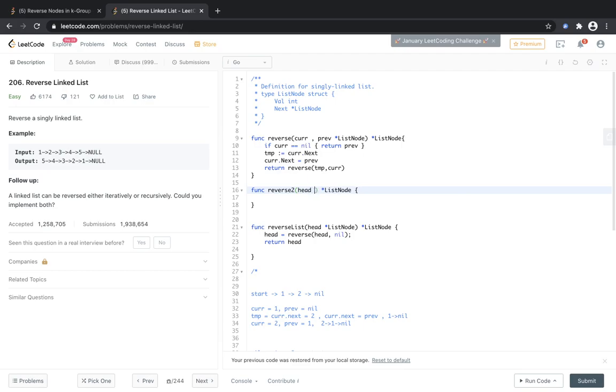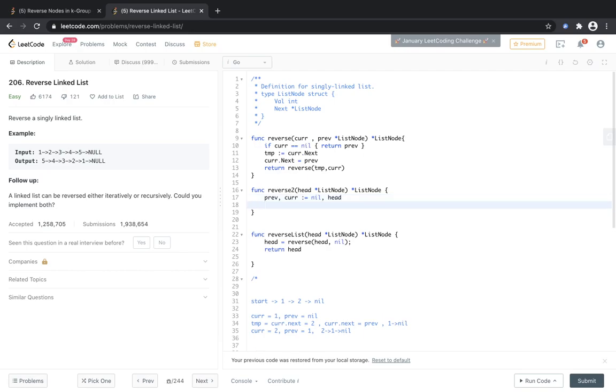Head is already given, this node, and previous may or may not be given. But here we know that previous is nil. So previous is nil, and apart from that current is head, which is our current running node.